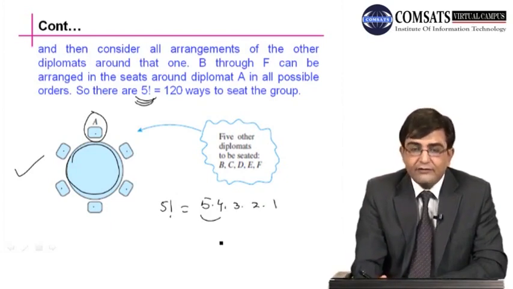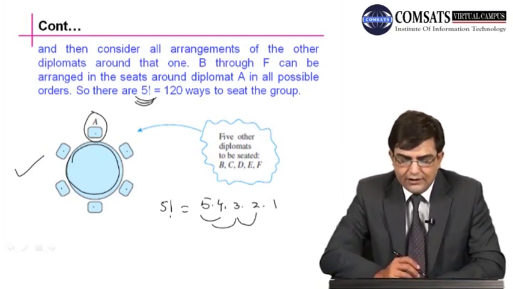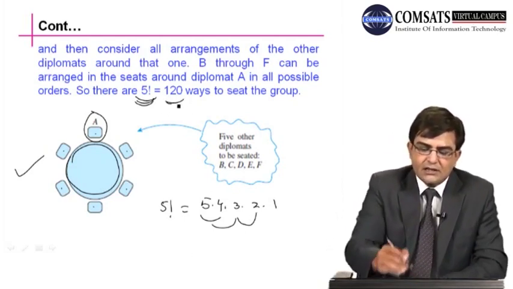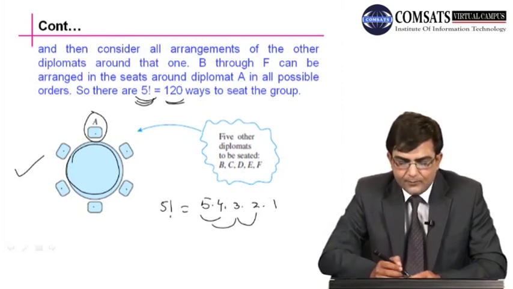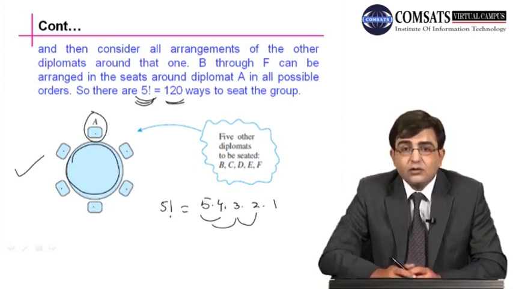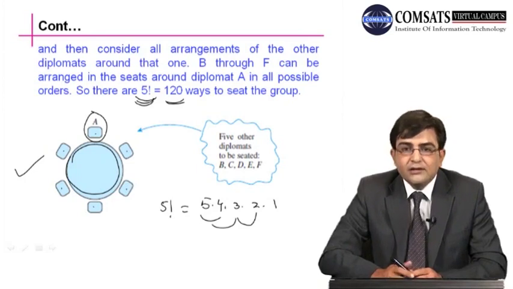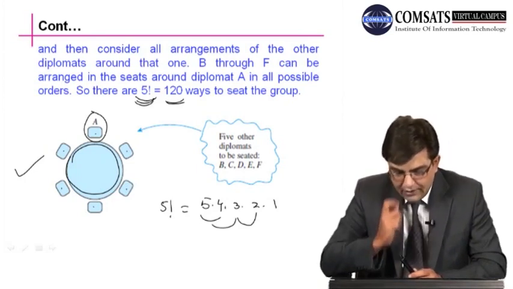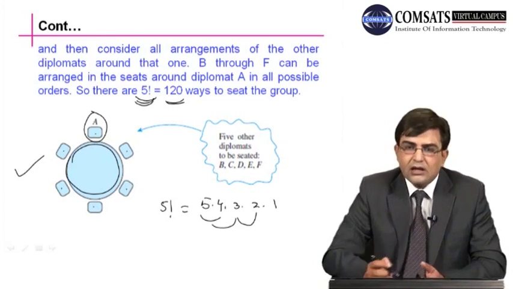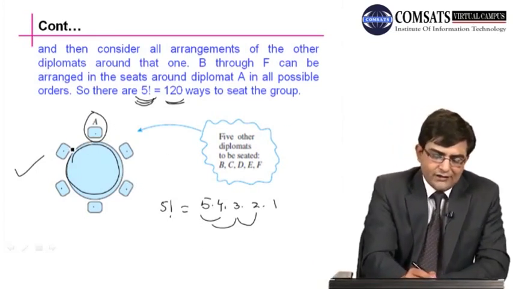This is 5 4s are 20, 3s are 60, and 6 2s are 120. So 120 are the ways in which these diplomats can sit around this circular table. So when we have to calculate the permutations around a circle, around a, you can say pentagon, you can say also, if you join these,